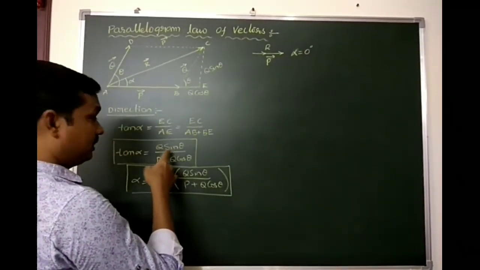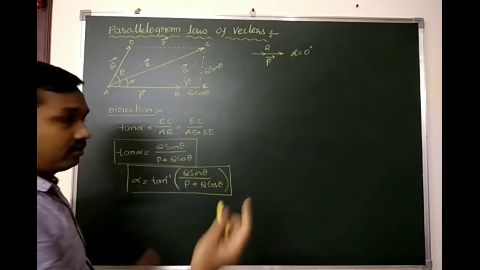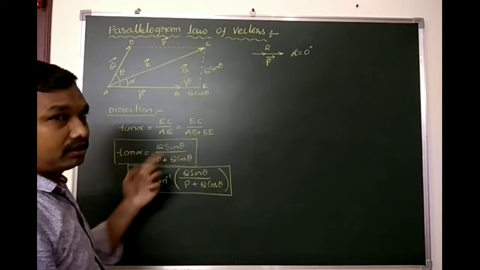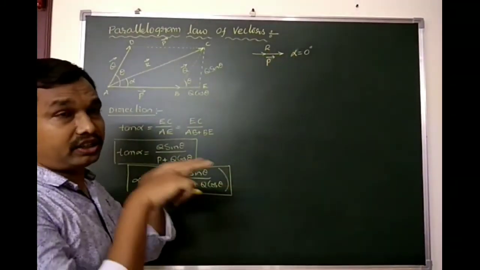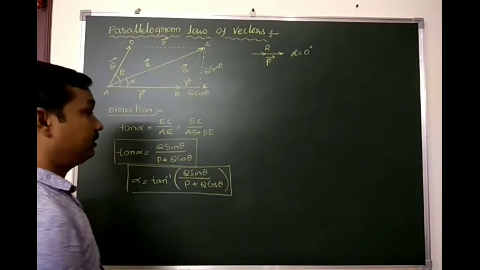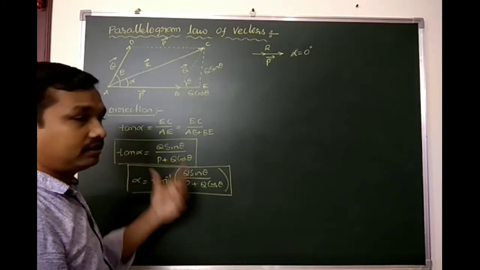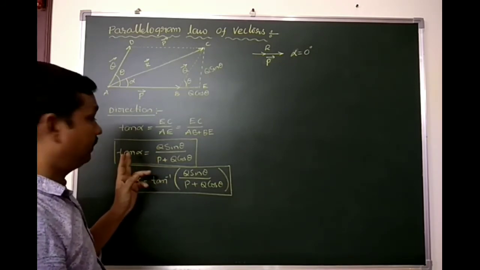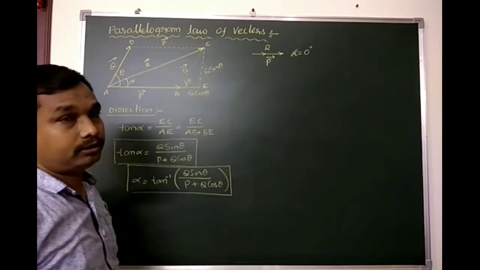Then we can substitute in this. So what do you get? Sin 0 value is 0. Denominator, whatever it may be, numerator becomes 0. Tan alpha value becomes 0. Nothing but the resultant will be along the direction of the P vector. And if you consider theta is equal to 90 degrees, sin 90 value is 1, cos 90 value is 0. So what will you get? Q by P. Tan alpha is equal to Q by P. How will they be? They are perpendicular to each other.